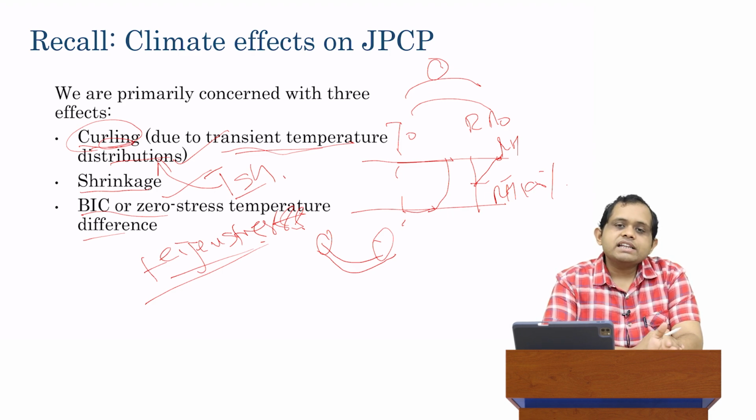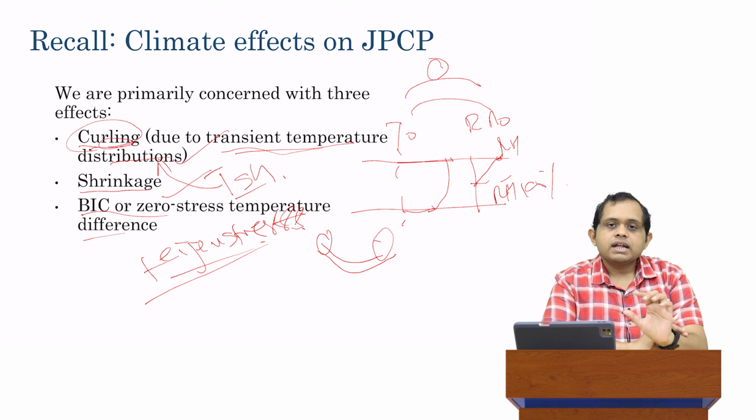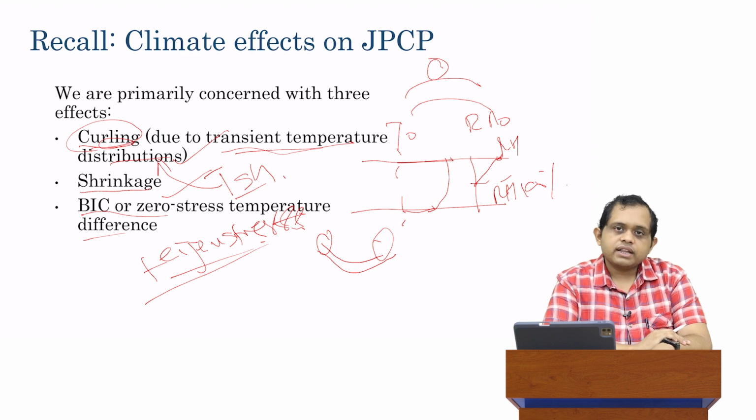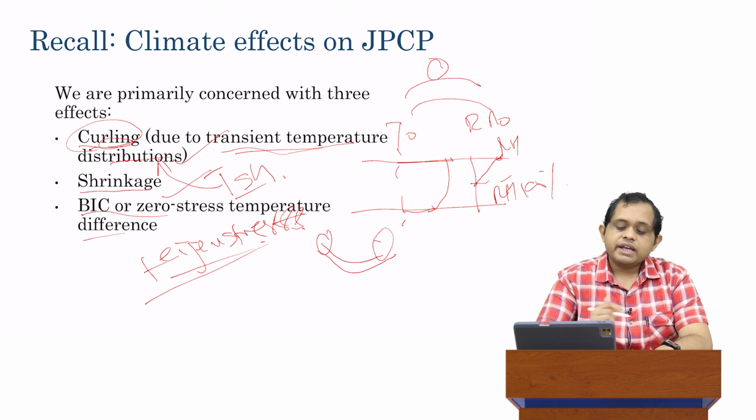So what happens is initially, when the concrete is still in plastic condition, when it has not yet set, it has assumed a certain temperature distribution with a zero stress. Now, when the concrete finally sets, when it finally hardens, it is going to harden in such a way that it's going to have this temperature distribution built inside of it, hence the name built-in curling. It's going to have a temperature distribution built into it which corresponds to the zero stress condition, hence the name